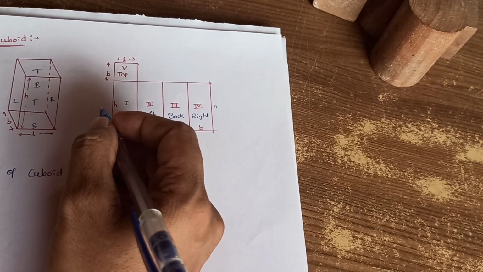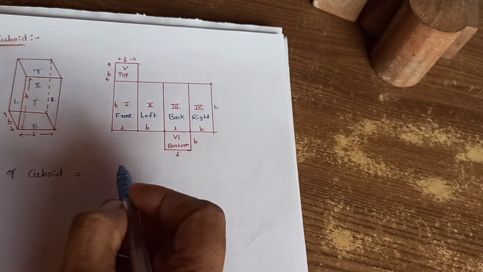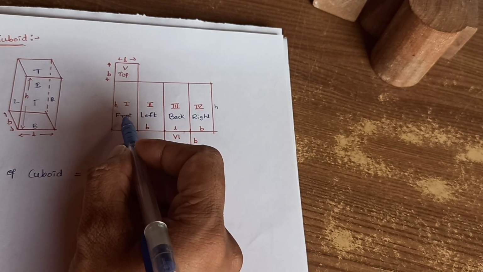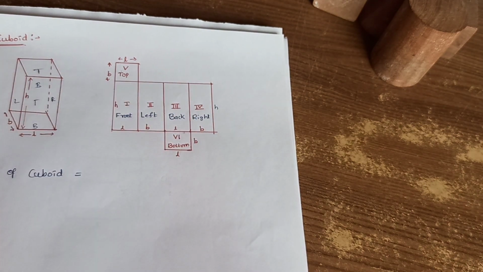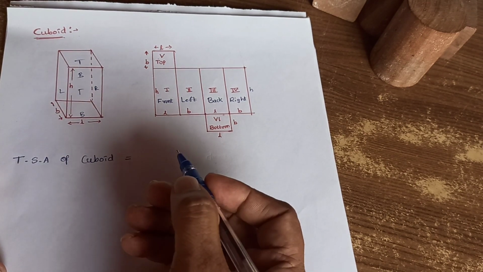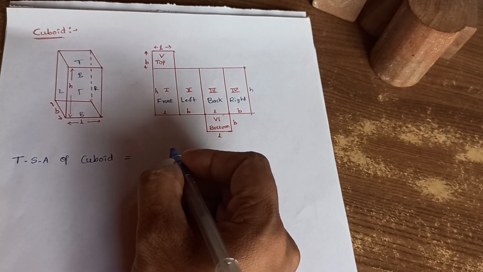The top of the cuboid is the 5th one, bottom is the 6th one. Front 1, left 2, back 3, right 4. So to calculate the TSA of cuboid,